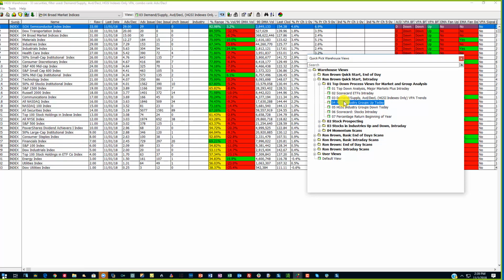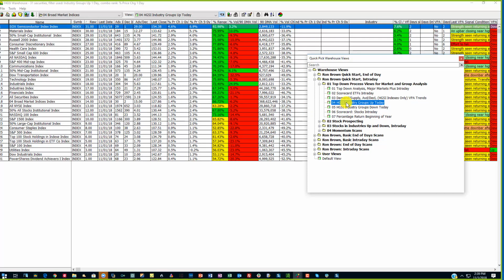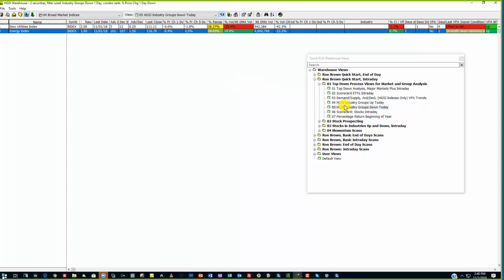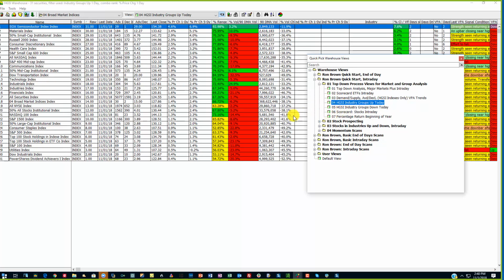I was right here, but you can go down to the next one, and it shows you the industry groups up today. There are 31 of them, and only 2 down, and the 2 that are down are the Dow utilities and the energy index. So you can just flip back and forth, not only from